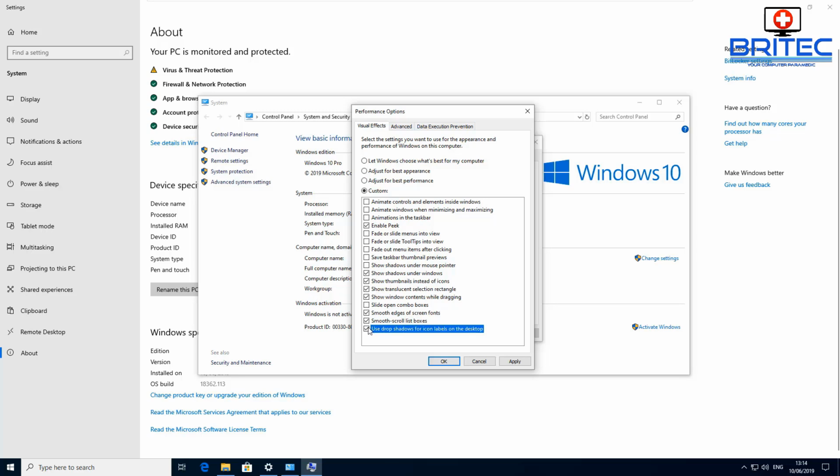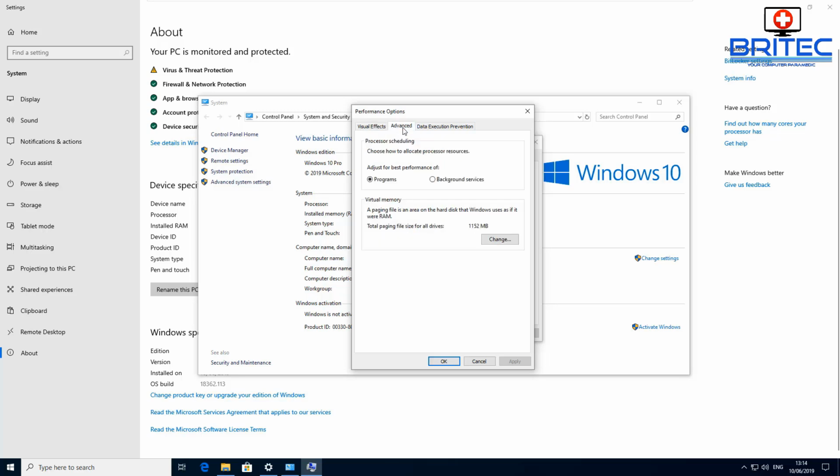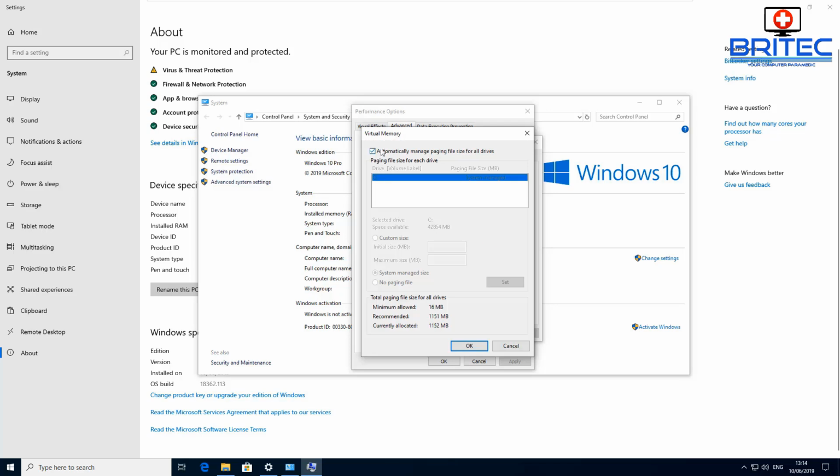But I would leave normally something like this selected here. You can make some of the other changes that you wish. Some people even disable some of the shadowing and stuff like that. Don't touch the smooth edges on the screen fonts because they'll go all blurry and they will look horrible. So leave that enabled. And then you can go into advanced here, make sure you're on programs. If it's on background services, change it to programs